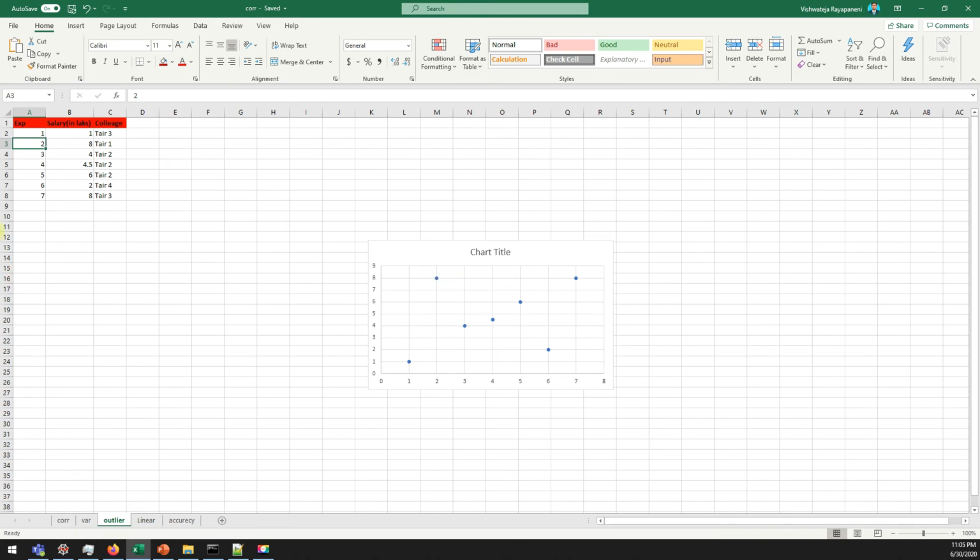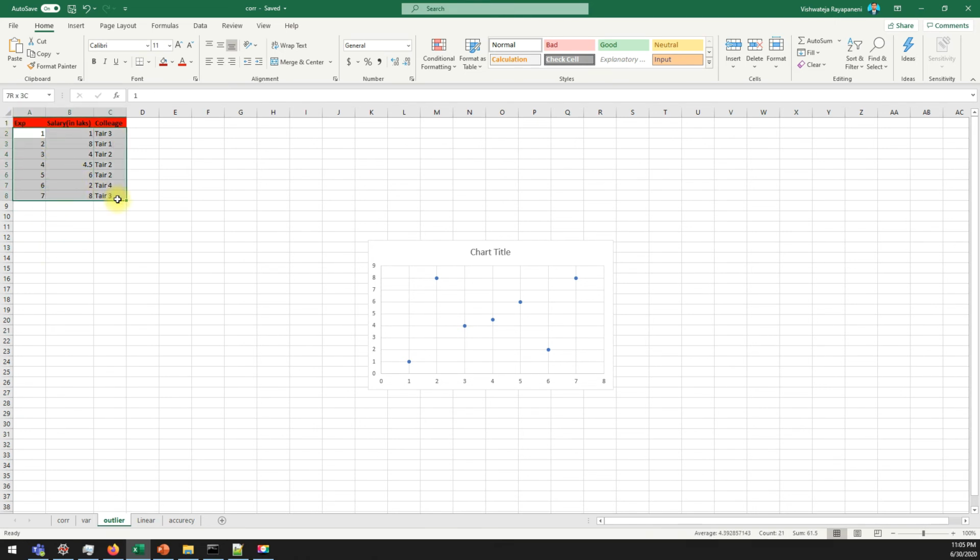Obviously, how come a 2 years experience guy will get 8 lakhs of salary? It's an outlier. And the person who has 6 years of experience is getting only 2 lakhs of salary. Definitely an outlier. Now let me see these three variables together. For the single variables, no outliers, and when we saw experience and salary together, we found an outlier at experience 2 and experience 6.